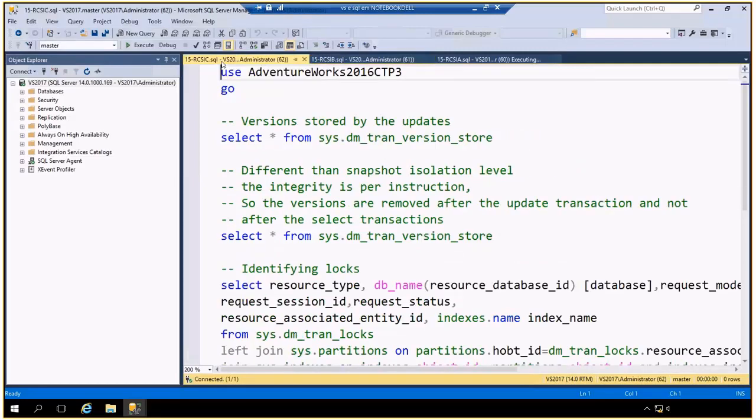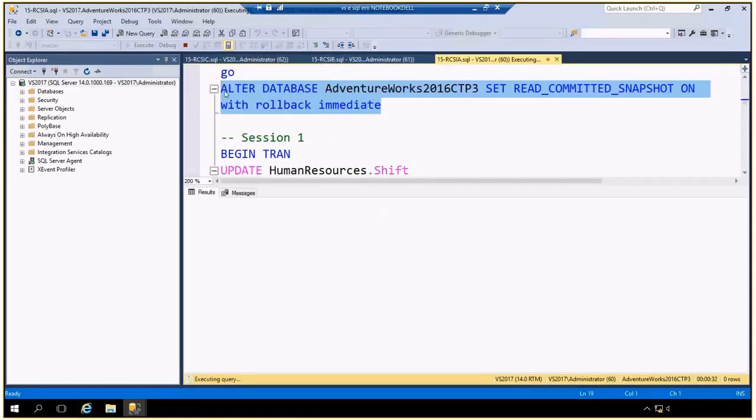I'm getting blocked. There is some other connection using the same database.